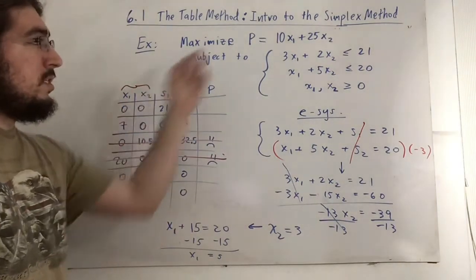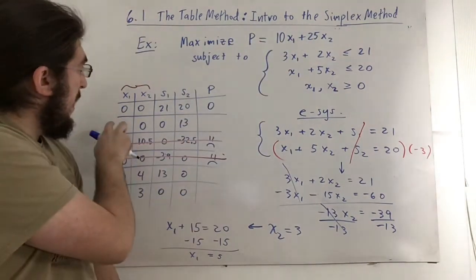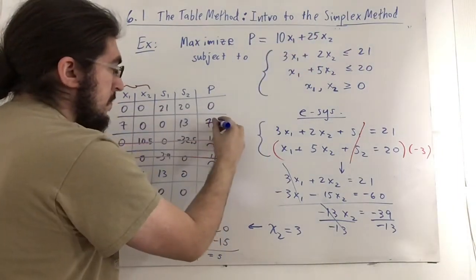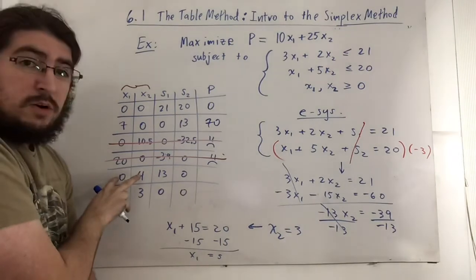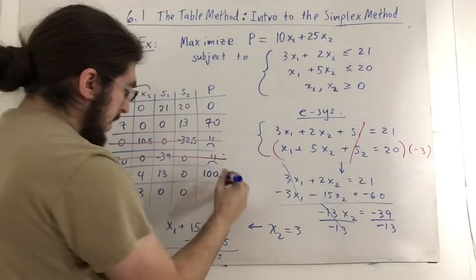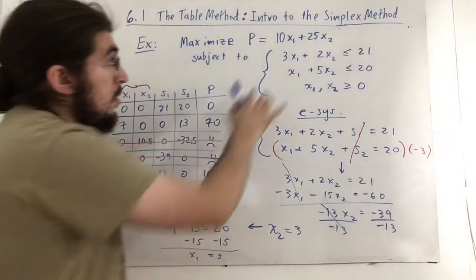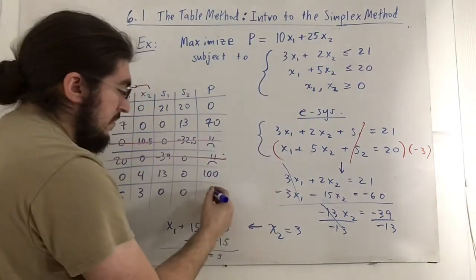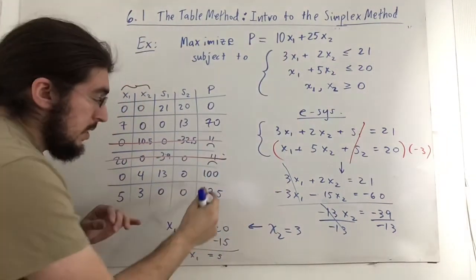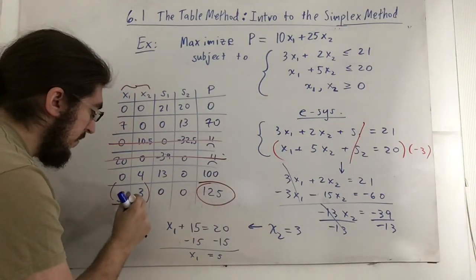So when x1 and x2 are 0, we get p is 0. Okay. When x1 is 7 and x2 is 0, we get 70. When x1 is 0 and x2 is 4, we get 0 plus 100. And finally, when x1 is 5 and x2 is 3, we get 50 plus 75. 50 plus 75 is 125. And that's the largest one actually. So this is our maximum, and it occurs at this point, 5, 3. Whew,